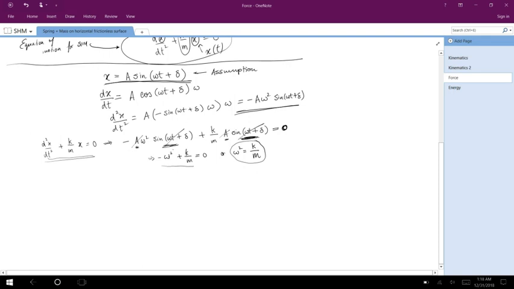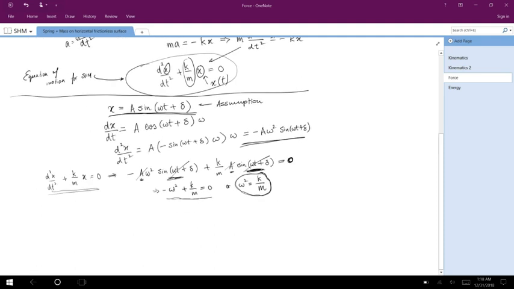So these are going to fall off, and we are going to be left with negative omega squared plus k over m equals 0. And if we rearrange it, then we find omega squared is equal to k over m. So we find that x as a function of t is equal to A sine omega t plus delta solves our equation of motion only if omega squared is equal to k over m. Note that k and m are both properties of the spring mass system, and so as such they are